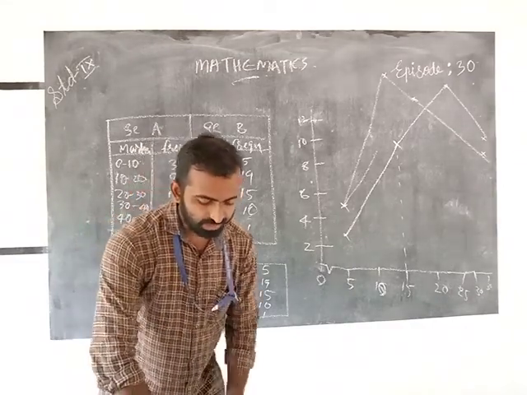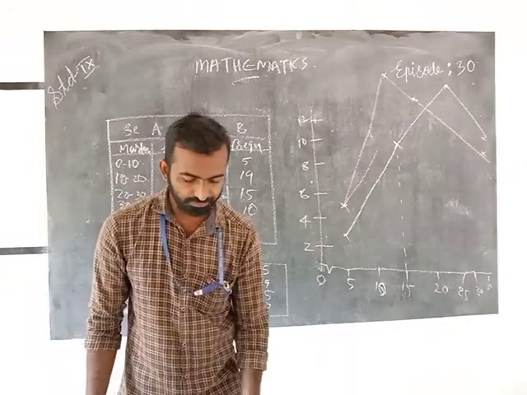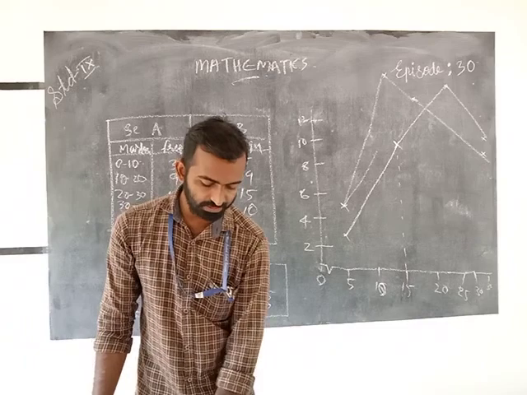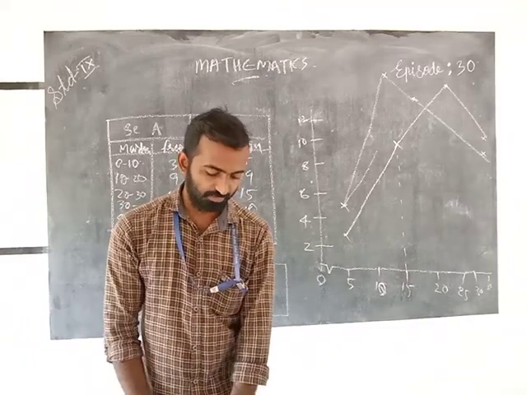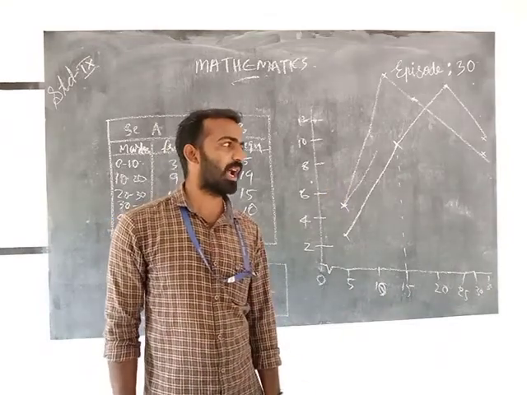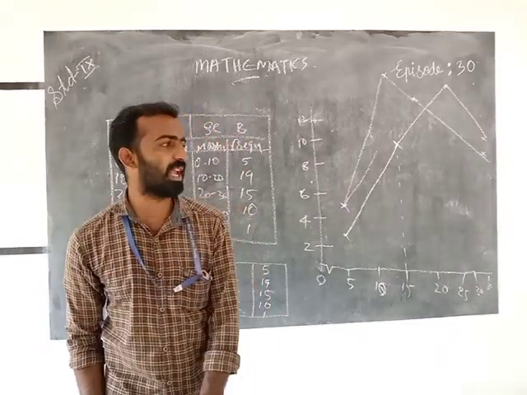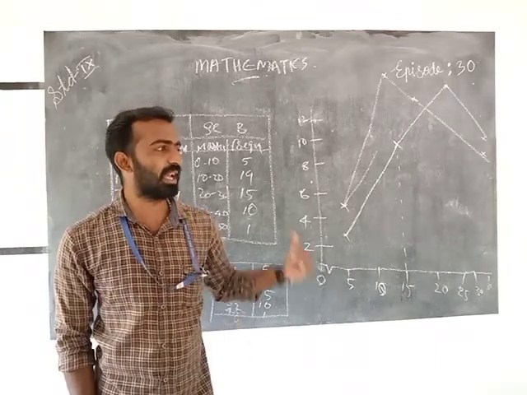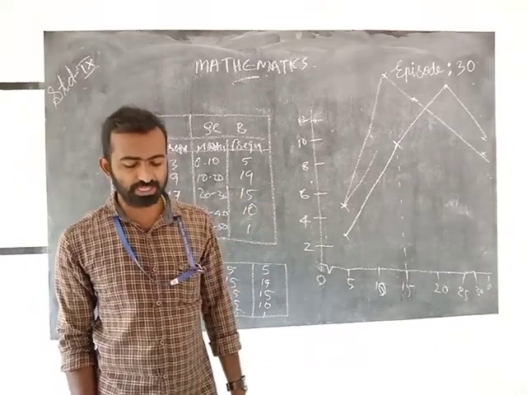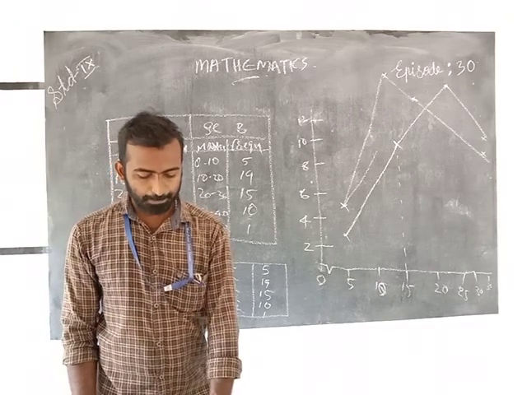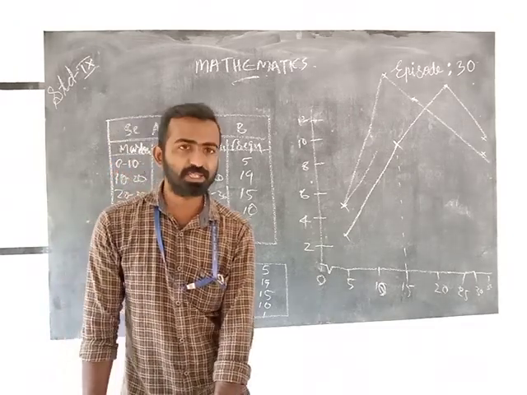And next is the 7th question. The 7th question is following like this. You get the frequency polygon. This type of graph is called a frequency polygon. First we take the modified table. Modified table means we take the midpoint of the class intervals.